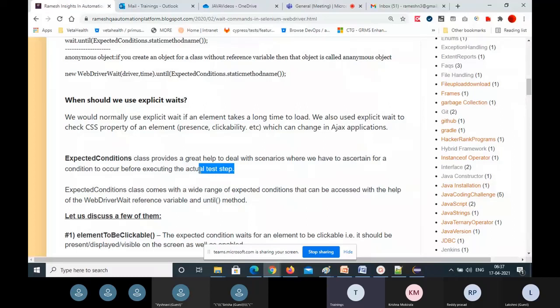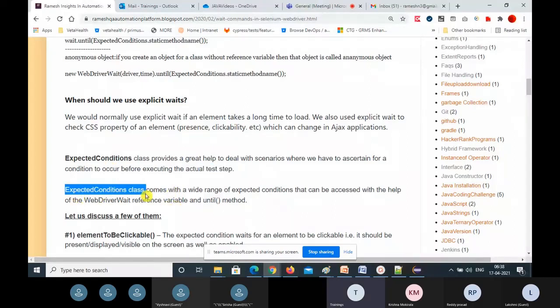Basically, each method of the expected conditions class is one condition: waiting for the page title, waiting for the alert, waiting for the element to be clickable or not, waiting for the text to be present in a particular location, waiting for the visibility of that element or a collection of elements. So if you want to verify and wait for all these conditions, you can use these expected conditions class helper methods.